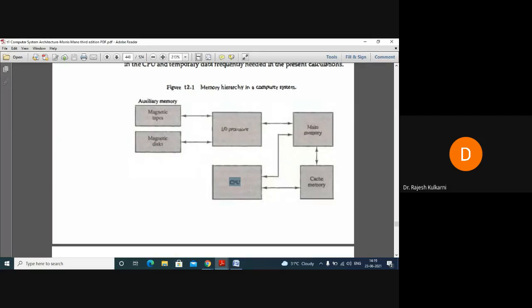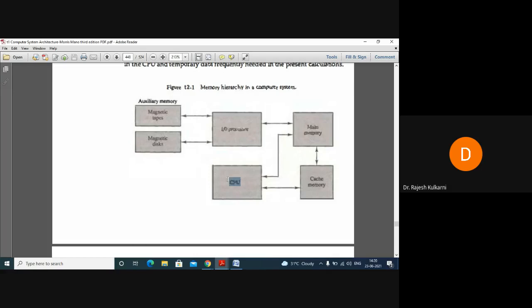And what is the memory in CPU? The memory in CPU is registers, high-speed registers, which are very small. So these registers in the CPU will not be used for massive storage, but they'll be used for temporarily bringing the data and the instruction for execution. Say for example, you want to execute a program. You know that for executing that program, you have to bring that program into the CPU, specifically in the registers of the CPU.